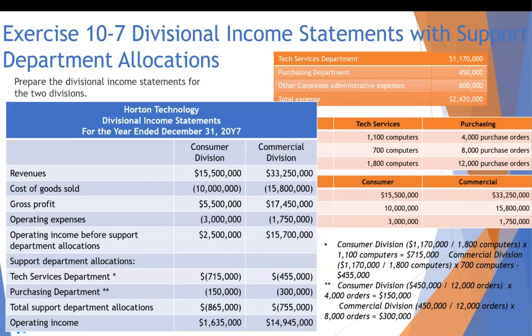So for the consumer division, we show our revenues of $15,500,000. For the commercial division, $33,250,000. Then we take our cost of goods sold, our gross profit. From there, we'll take our operating expenses to come up with our operating income before support department allocations. From there, we'll take our tech services department and our purchasing department. As you see here, the tech services department,